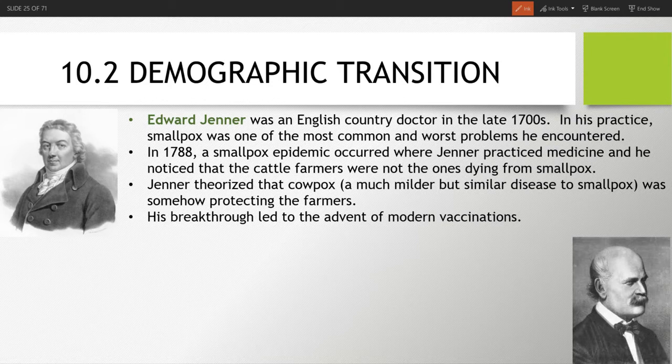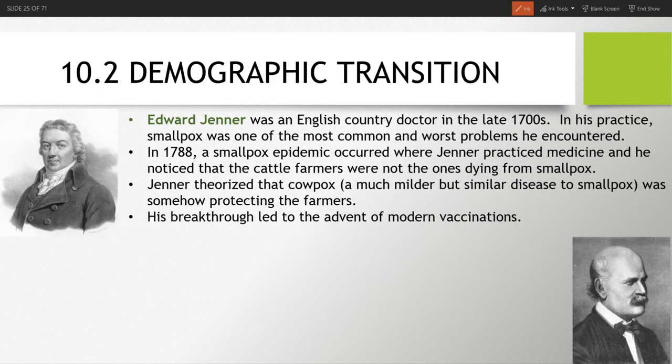He theorized that cowpox, which was another disease that was somewhat similar to smallpox, but far less serious, and much easier to recover from, was the key. These people who worked around cattle were exposed to cowpox, and because it was similar but less serious, it somehow provided them some kind of protection. And so through a series of